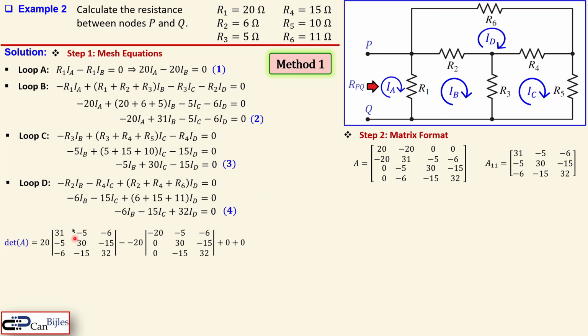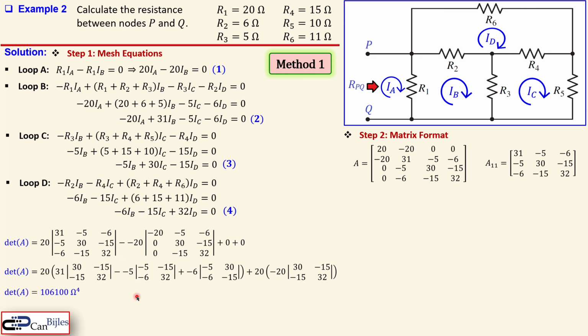That's actually shown here. And then you create from this matrix first this part, which will be then again a determinant part. And then for this minus 20, because you change the sign going from this to that, and that will give you then this expression. And then the third and the fourth one are all 0, so that's given here for completeness. And then working out this is really straightforward determinant business from linear algebra. I will just also show you the results here in great detail, and then we will add up to this value, which is in this case also a 4 by 4 matrix that will give us a unit of ohms to the power of 4. And the value here is